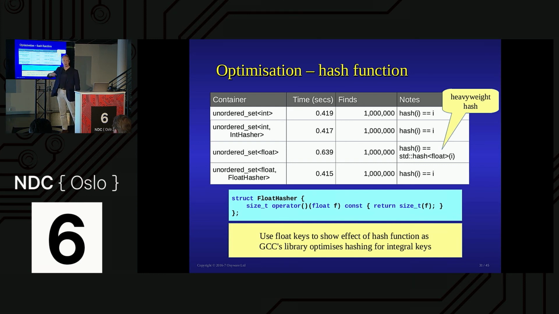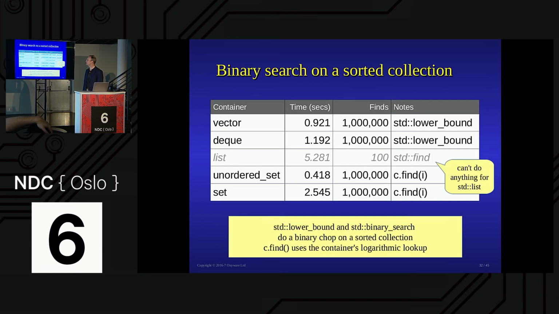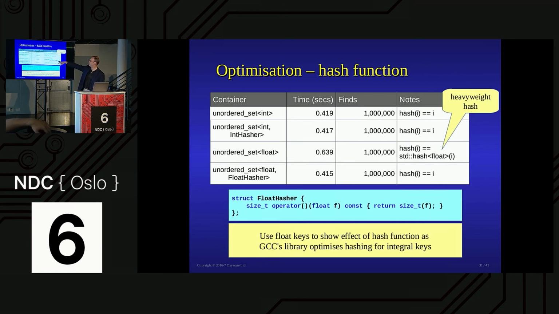If I say a float instead, it goes, I don't know about that. So if I use float, you can see it's notably slower, but if I go back to a float with a hash function that's just the conversion of that one, we're back in the same thing. So watch out for your hash function. If you're doing a lot of these things, you can end up with a slower lookup table than you wanted. That hash, by the way, is an FNV1A hash that just takes the bytes one at a time and does an exclusive OR and a multiply.